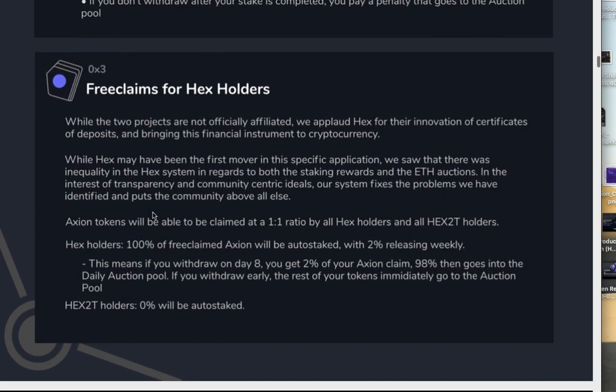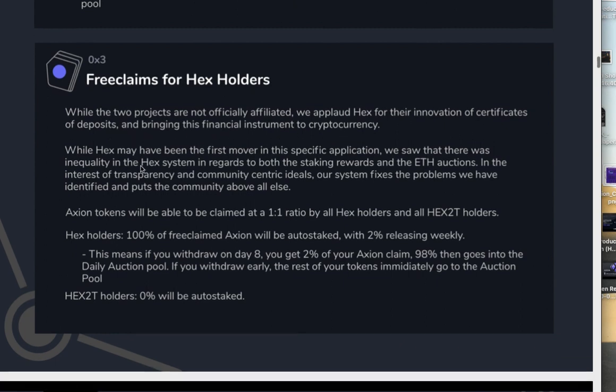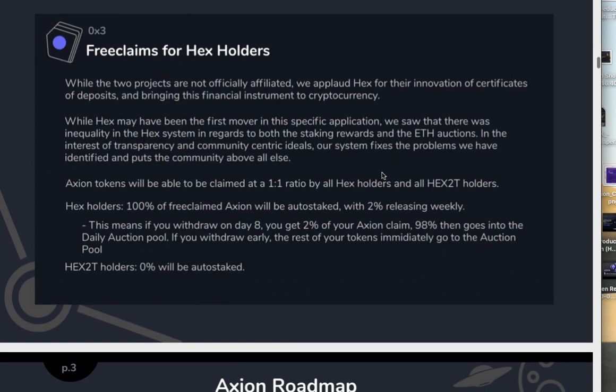Now, free claims for HEX holders. So if you're holding HEX tokens, you can do a free claim. While the two projects are not officially affiliated, we applaud HEX for their innovation of certificates of deposit and bringing this financial instrument to the cryptocurrency space. While HEX may have been the first mover in this specific application, we saw that there was inequality in the HEX system in regards to both staking rewards and the ETH auctions. In the interest of transparency and community-centric ideals, our system fixes the problems we have identified and puts the community above all else. Axion tokens will be able to be claimed at a 1-to-1 ratio by all HEX holders and